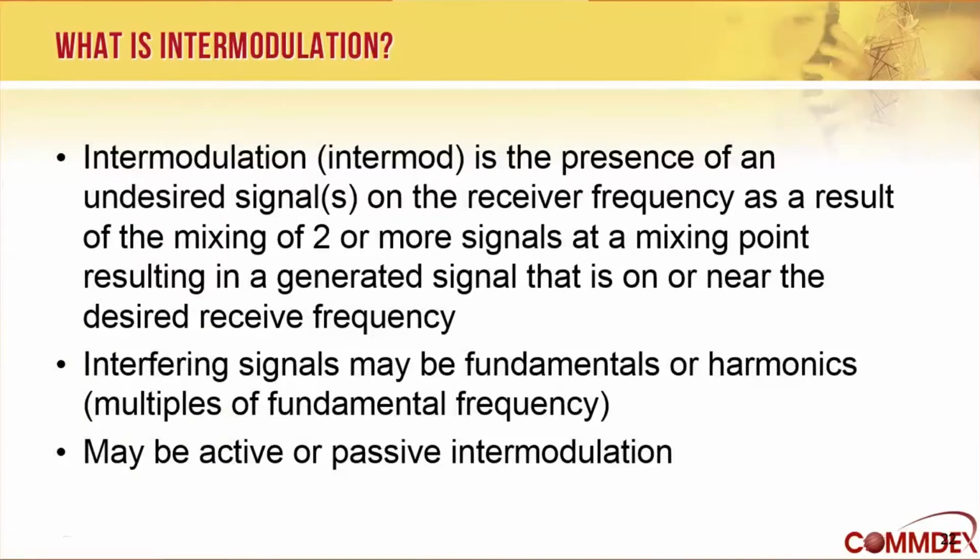So now we're going to talk about intermodulation, or intermod. An intermod is a type of interference that has to be generated locally. It's the presence of an undesired signal on our receiver frequency as a result of two or more signals mixing together, resulting in a generated signal that is on or near the desired receive frequency. So we have to generate that signal. It doesn't occur naturally. So we have to have two or more transmitters which are on the air at the same time